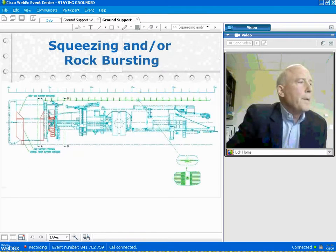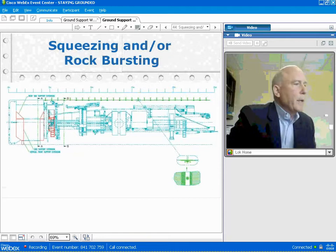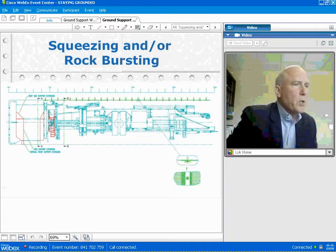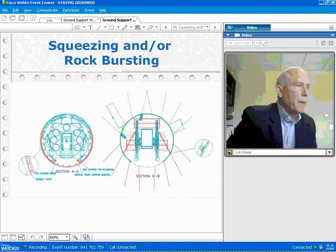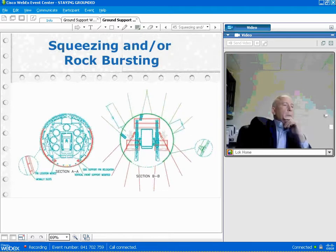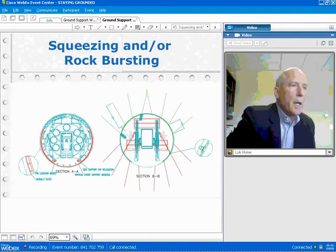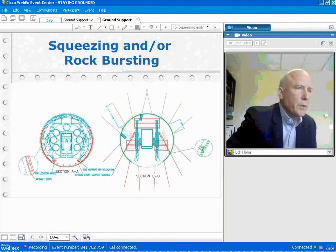And the old one of squeezing and bursting, which was the question asked, we converted a machine, and are still converting this machine for a tough condition in the Andes where we have a lot of squeezing and bursting. And really the only approach to dealing with that, in our view, is to do 270 degrees, have the machine equipped so that you can do 360 degree rock bolting, put in good long rock bolts, and then actually put in channel and use these, which are on the market now,